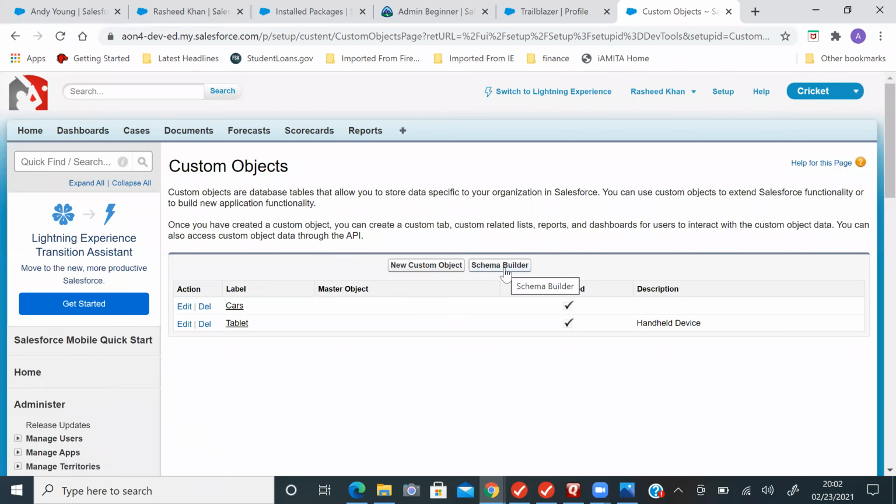We'll see that. Schema Builder is used just to show relationships. For example, if there are two objects, like Documents and Forecast, and you want to see whether there are any relationships, you can simply go to Setup, Quick Find, and open Schema Builder.